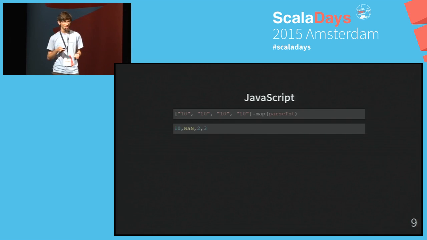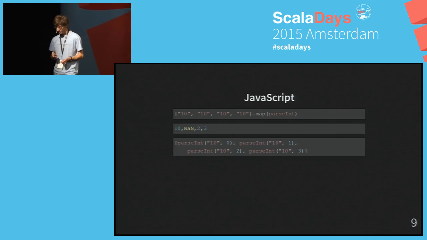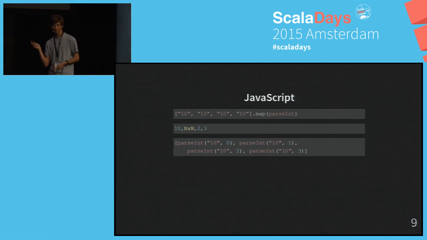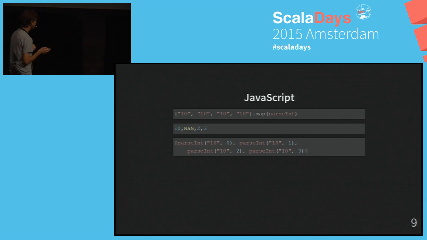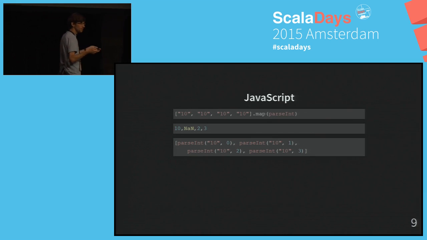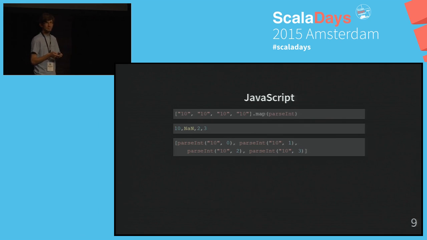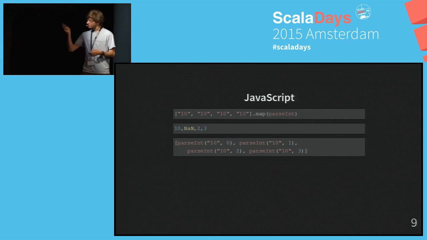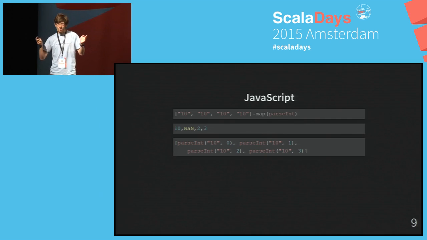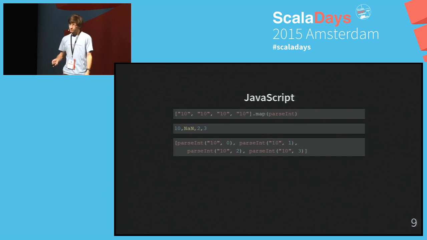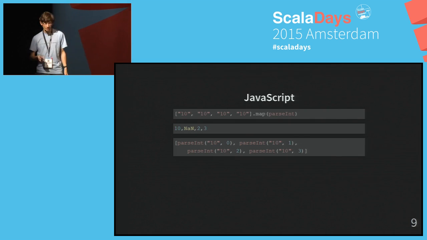Well, let's desugar the map. If you desugar the map, you actually get this. So map will actually give 2 arguments to your function for every element. It will give you the element itself, but also the index. And then the thing is, parseInt, because in JavaScript you have runtime overloading, interprets the second argument as the base in which to interpret the number. And it defaults to 10. So 0 basically means 10 by default. Then 1, it doesn't make any sense, a base 1 doesn't exist. So that's NaN. Okay, that's reasonable. And then if you interpret 1, 0 in base 2, well, you get 2. And that's how it works.